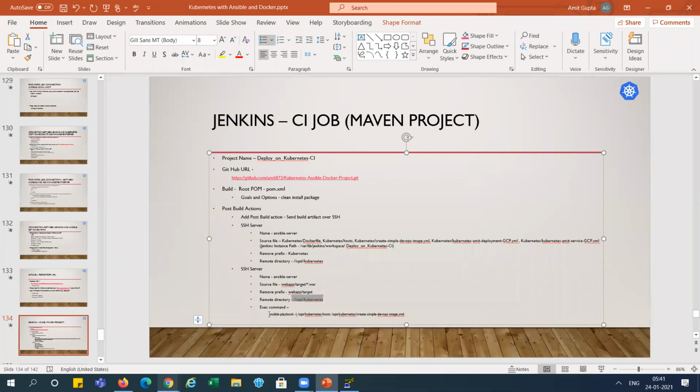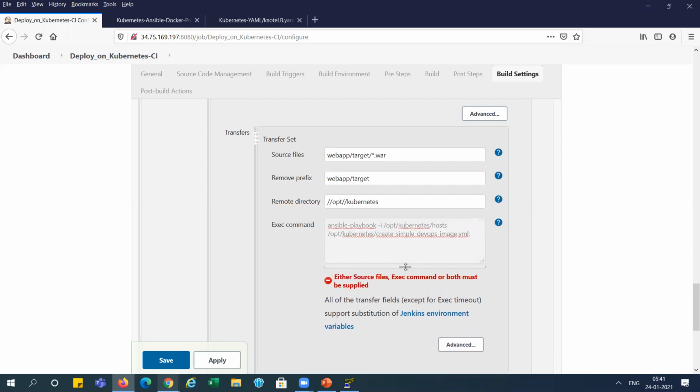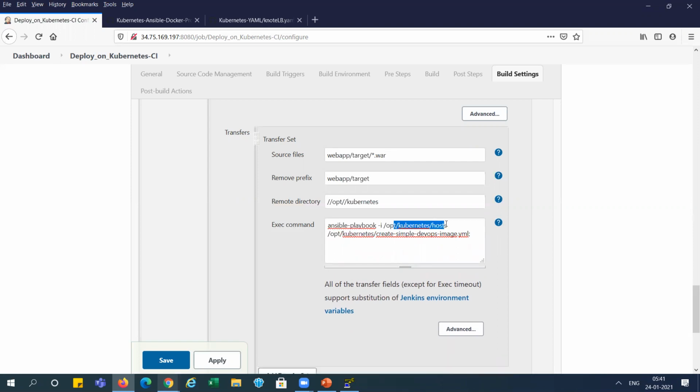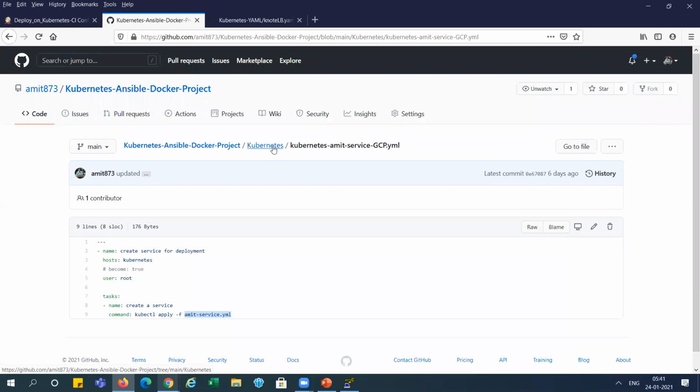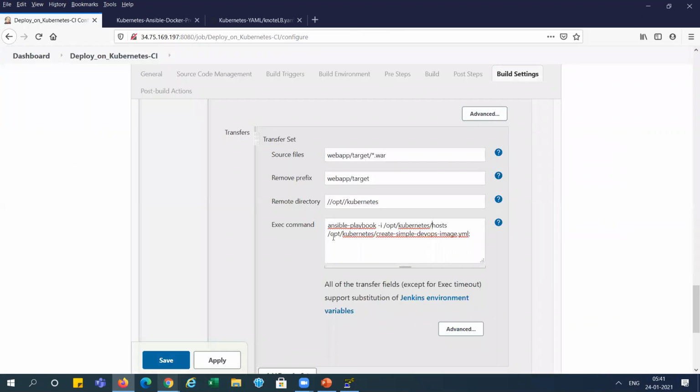And we need to execute this playbook. This is our CI portion. I will explain this thing to you. You can see here this Ansible playbook will run. It will take the /opt/Kubernetes host file, which I explained earlier. Host file, I will show you again. Here you can see this Kubernetes host file. It will read out which one it is, Ansible server we need to deploy or Kubernetes. It will check from here, host file,